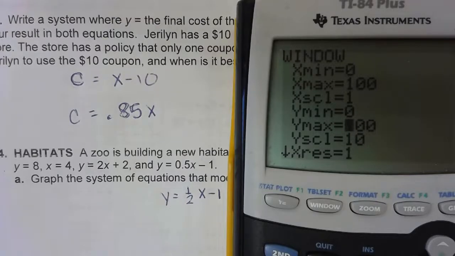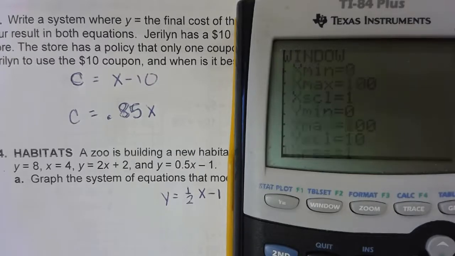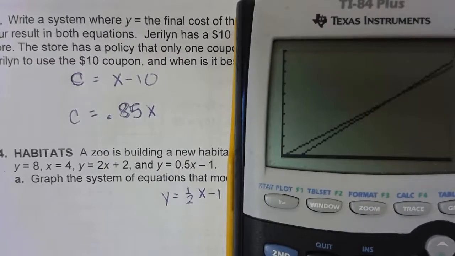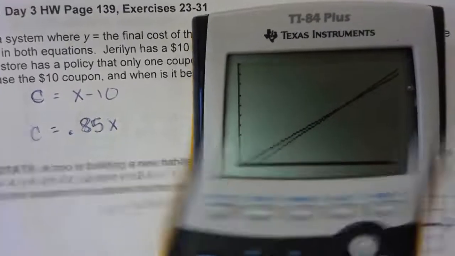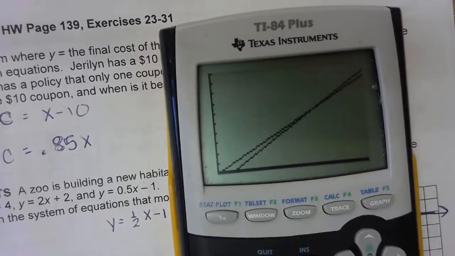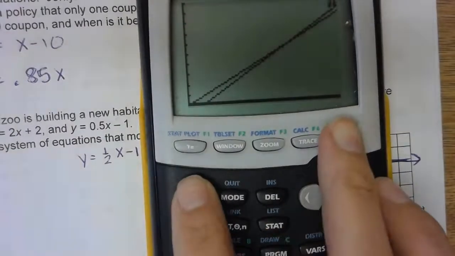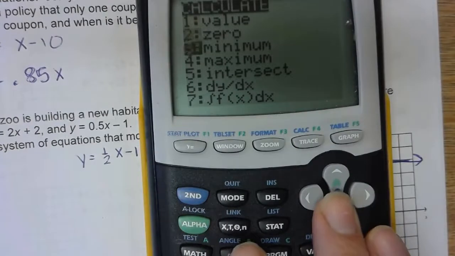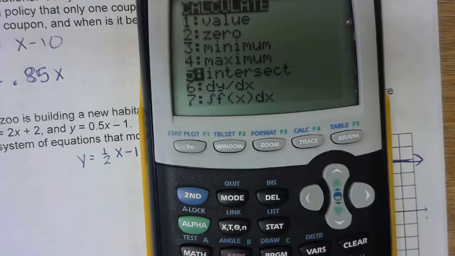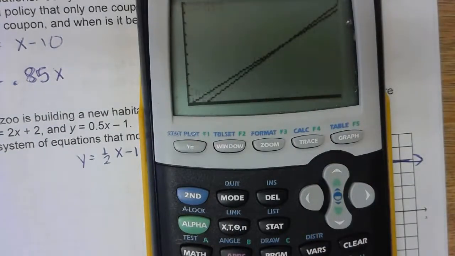Your Y max always has to be greater than your Y min. Why am I not doing negatives? Well, I'm never going to pay negative for items, so we don't care about the negatives. Hit graph. Do the 2 lines intersect? Yep. So we're going to use that second trace intersect tool to see where they intersect. So hit second, go to trace, go to intersect, hit enter 3 times,